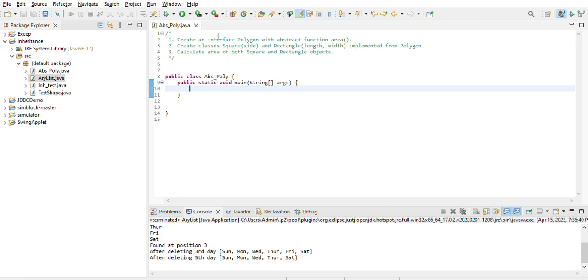Now we'll talk about the interface. First of all, we have divided the program into parts. Interface polygon we have to write first. Then from that we will implement class square and rectangle, and it has member side, length and width. After that we have to calculate area for both the classes, square as well as rectangle. So first of all we will write down the interface